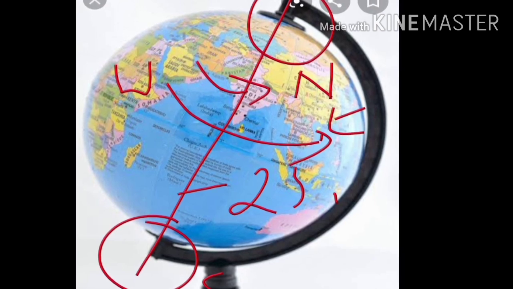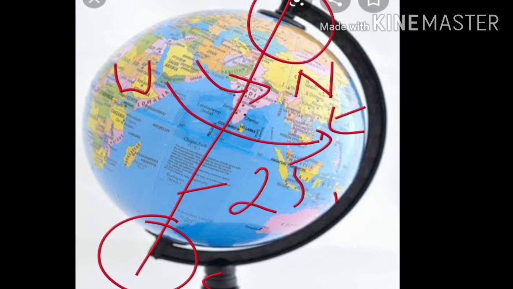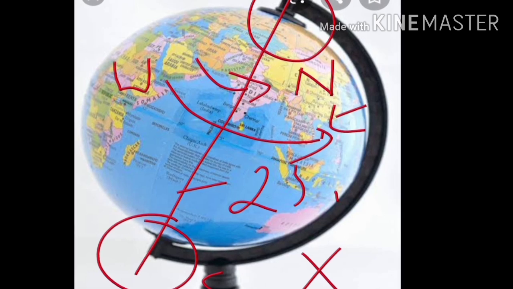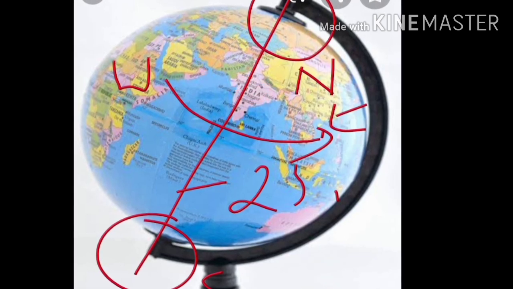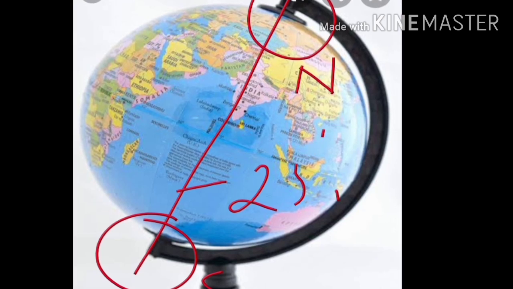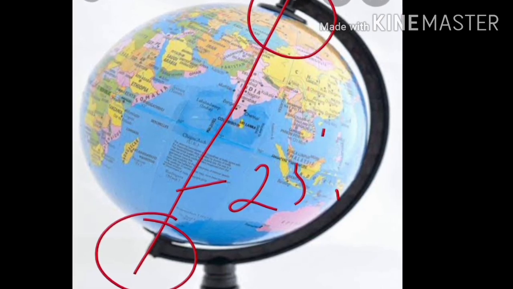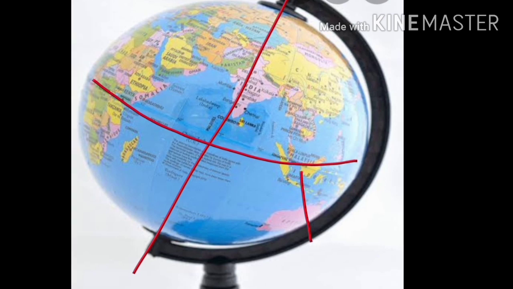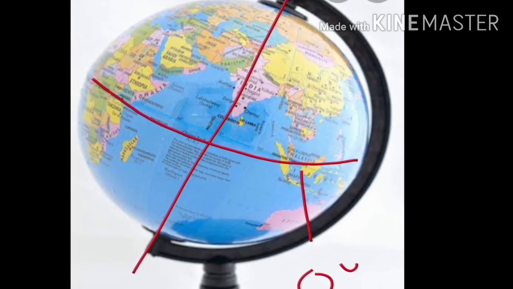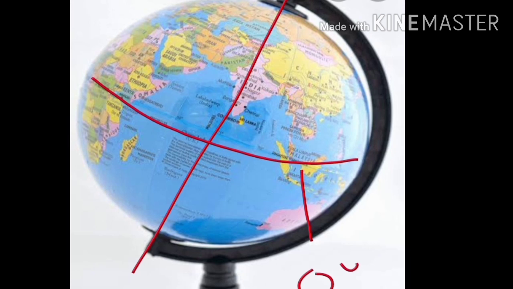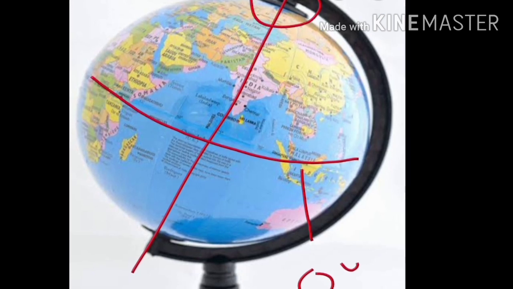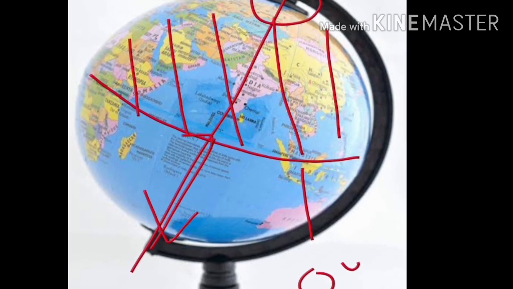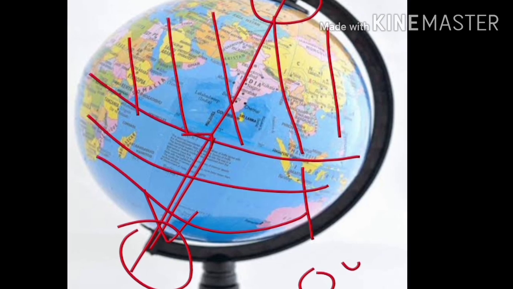But remember that there is a major difference between real earth and globe. The real earth has no such needle. It moves around its axis, which is an imaginary line. Another imaginary line running on the globe divides it into 2 equal parts. This line is known as equator. This is considered as 0 degree latitude. With the help of equator, earth is divided into 2 equal halves. The portion which lies between north pole and equator is considered as northern hemisphere, and the portion which lies between equator and south pole is considered as southern hemisphere.